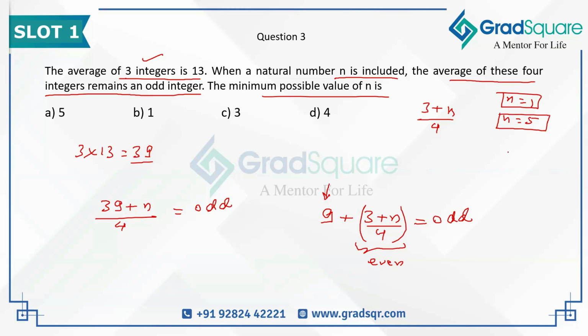At n equals 5, you will realize that the numerator will become 8, divided by 4 will become 2, and 9 plus 2 will give you an odd number, which is 11. And hence the minimum possible value of n has to be